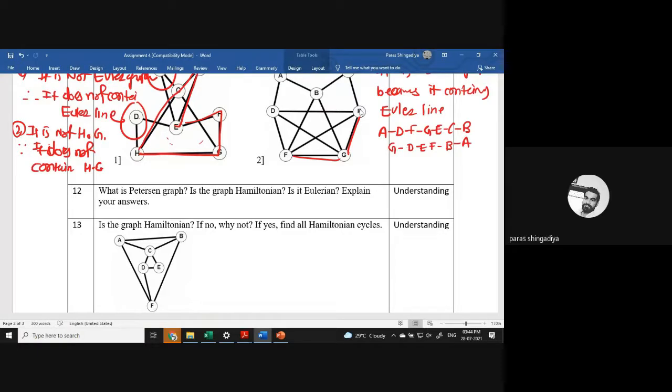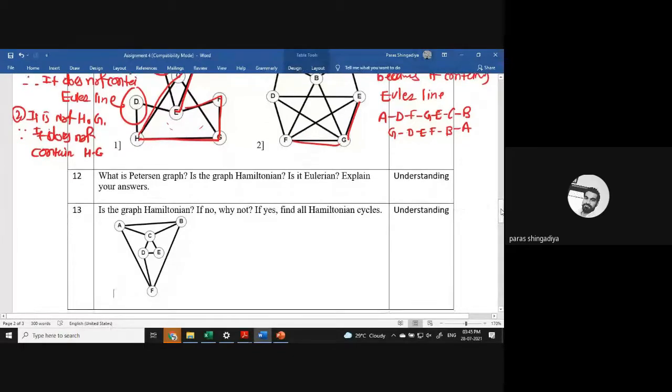Okay, now the last two we will discuss next time. Okay, it is also for homework. You can solve it, question number 12 and 13. Just 1 minute, you can try it for homework. It's very easy. Clear? The Petersen graph we have already done. Clear? It's repeated from here. It is repeated here. Okay.